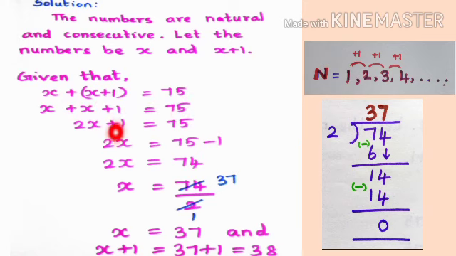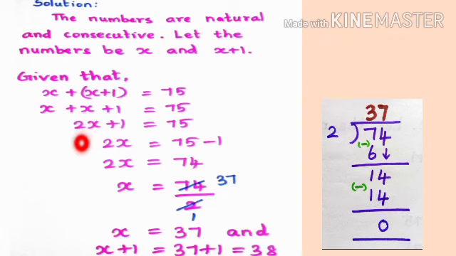And in the next line, separate the like terms in an algebraic equation. So, x plus x plus 1 equal to 75 gives x plus x is 2x. That is, we have to add the coefficients of x alone. This gives 2x plus 1 equal to 75. Now, by using the transposition method. What is this transposition method?